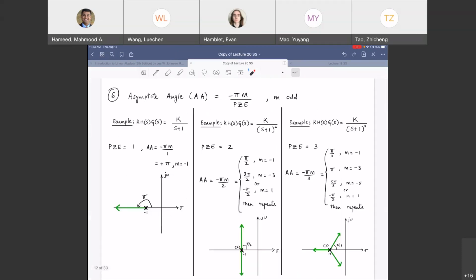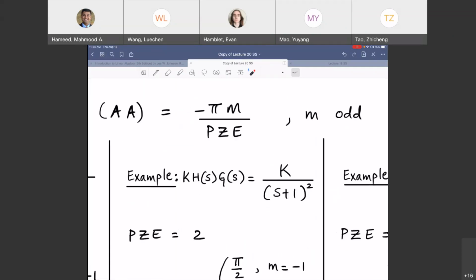Next, the asymptote angle. When you're drawing that guiding line, at what angle is it going to be, and where is it going to be located? So you know the number of asymptotes. You also need to know two more things about the asymptotes. One is at what angles the asymptotes are. The other is where the location of the asymptotes is. So asymptote location, asymptote angles. The asymptote angle, AA, not to be confused with the other A, is